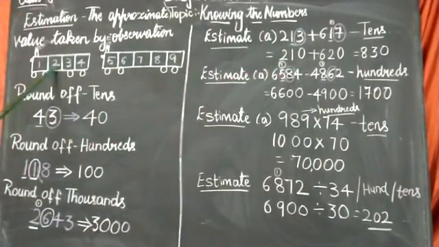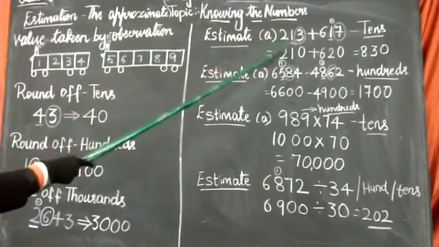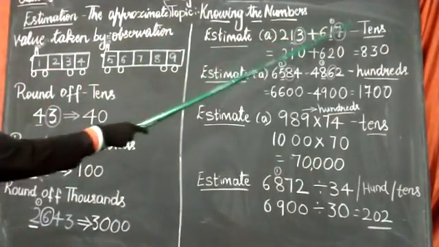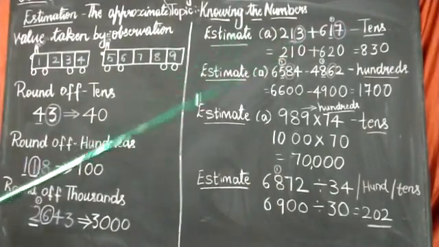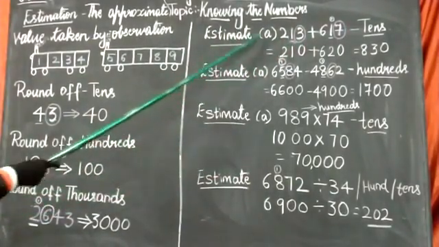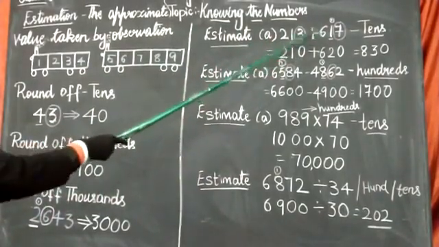1 is lesser than 5. So 1 remains the same. We are rounding off only to tens place. So 2 remains the same. Did you get it, students? We got here 210. Now we should round off